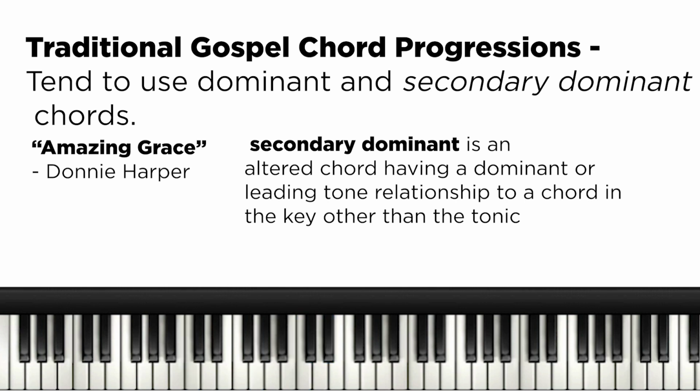Then the secondary dominant. The secondary dominant chord would typically be your F, which would be a minor chord in E flat, but it becomes major and it becomes a dominant chord to go to a 5. Secondary dominant, I should say. And then 5. And then we can go back to 1 again.